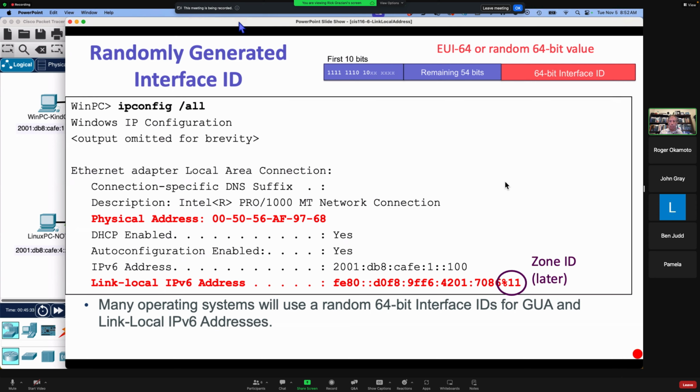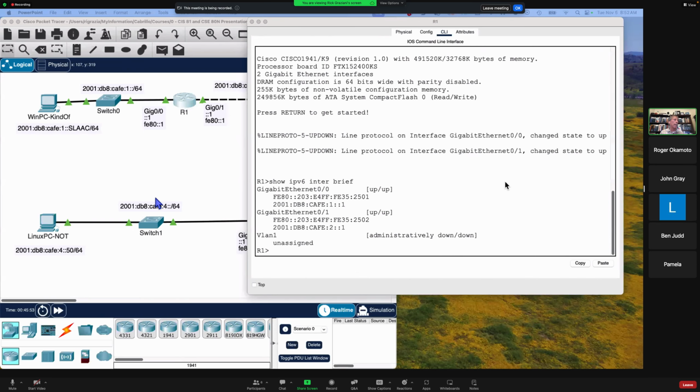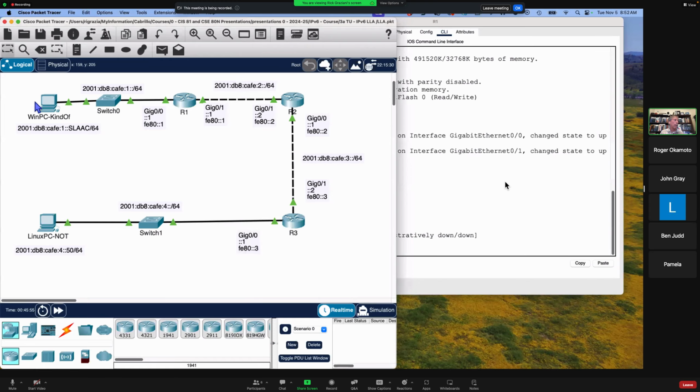There's a benefit, and we'll talk more about this when we talk about why it's common for client operating systems not to use a MAC address. This process called EUI-64 that we just took a look at, we will see later that devices can actually create their own global unicast address using the same method. But we tend not to want to do that for our client devices because, long story short here,